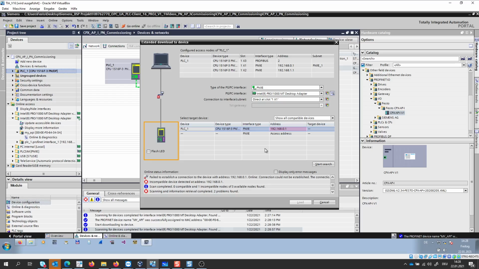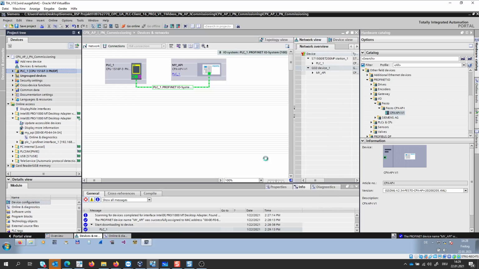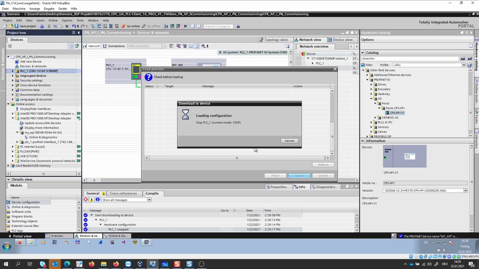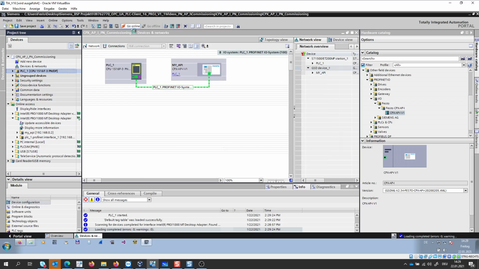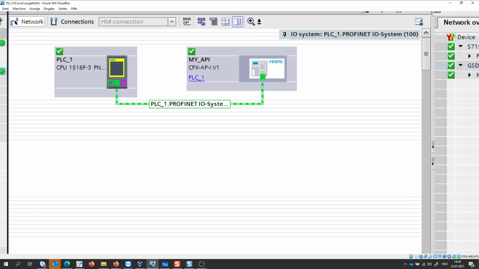Sometimes you have to press it twice, and make a download to my system, which now exists. Everything is okay. Load it, make the download. Finish, go online,